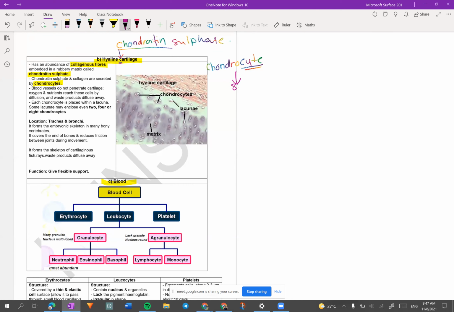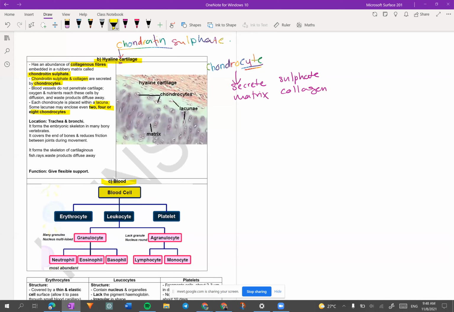Dia akan secrete the matrix, which is daripada sulfate and also collagen. Sebenarnya banyak lagi tapi I think ini cukup kot. Ini pun ada dalam korang punya ni. Sulfate and collagen. So yang ni cukup dulu. And then apa lagi yang penting adalah dia